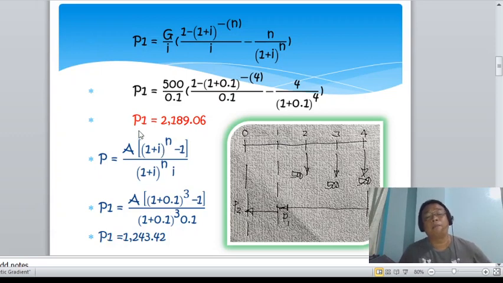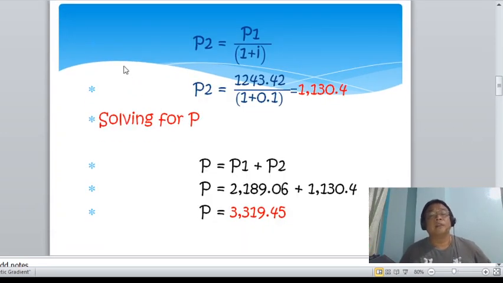So, we bring this 500 at 2, 3, and 4 to 1 to get the present amount, and then getting again the present amount to 0. So, that is P sub 2. So, do not misinterpret the designation of the parameters here. Okay? So, you disregard the other piece. So, you only consider this diagram in getting P2 and P1. Okay? So, that is now the present amount P sub 2